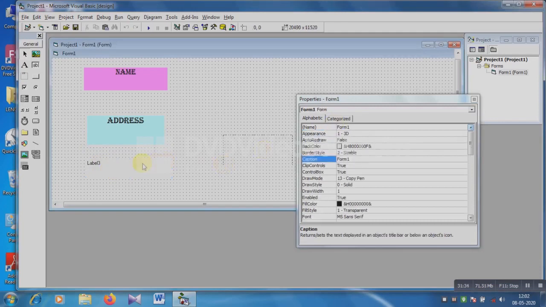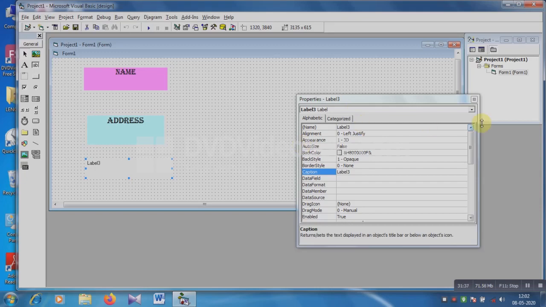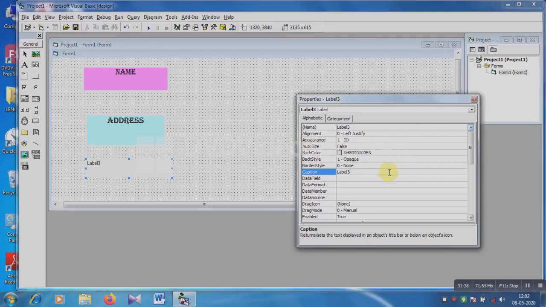And then Label3 for password, so click on Label3, click here, and then the caption will be Password, because this label is for password.